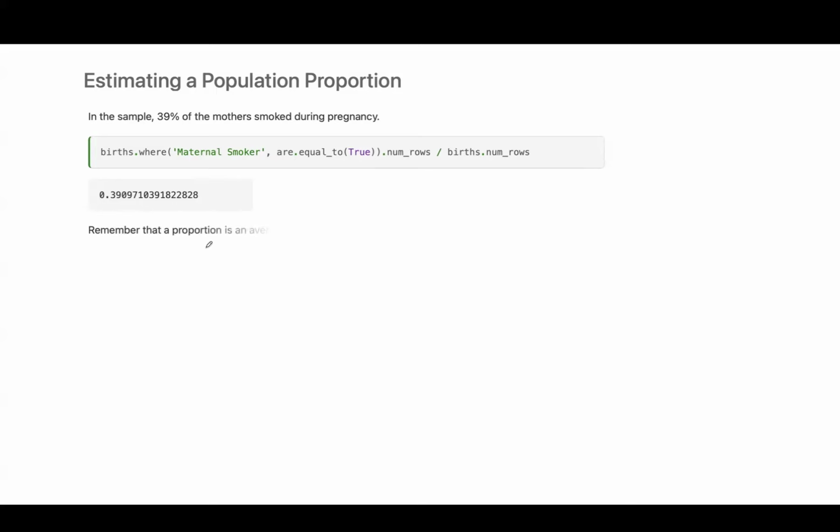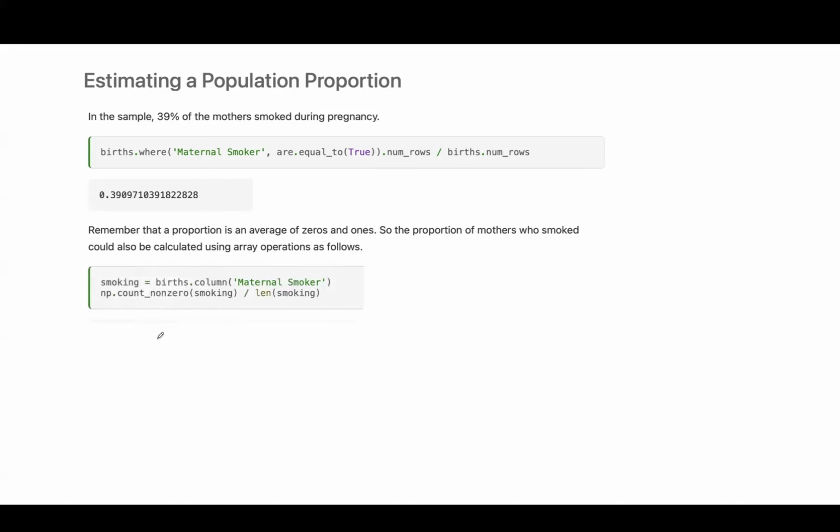Remembering that a proportion is an average of zeros and ones, the proportion of mothers who smoked could also be calculated using array operations as follows. In the maternal smoker column, count the number of smokers and divide it by the length of the column. You get the same number, 39%,